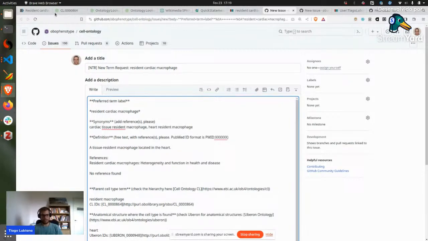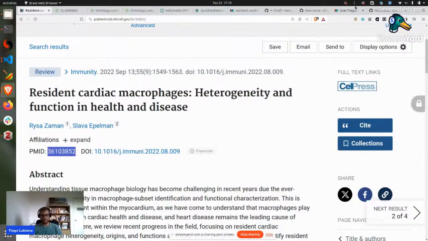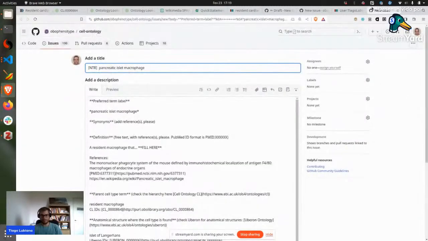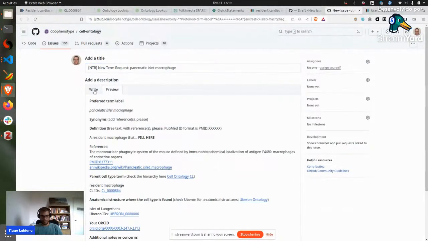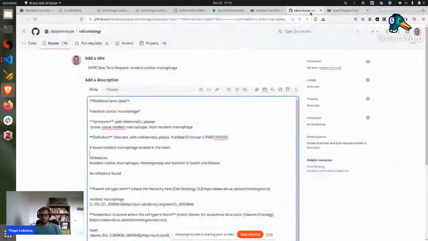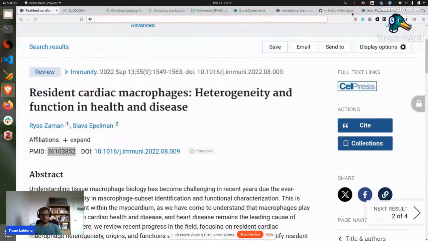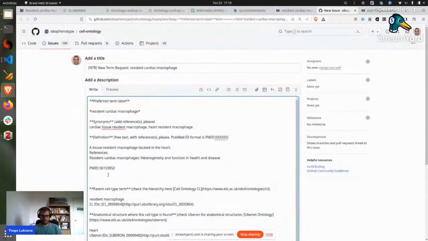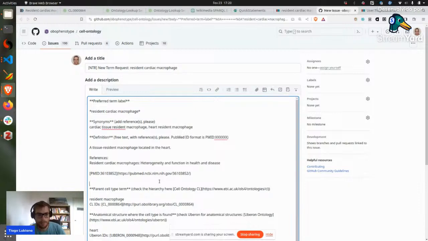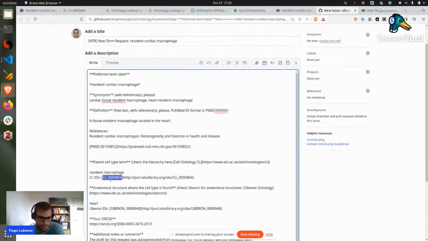It's saying no reference found because I just added the PubMed, and for some reason it didn't find the PubMed ID for that. Let's see, not this one, that one. Let's add it here, and then I just add a link to that. The script should do the link embed, but it was a bit too recent, the article wasn't there. So parent cell type, resident macrophage, and then the link, the CL,